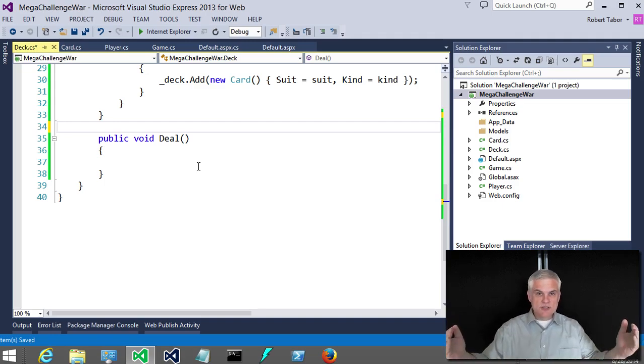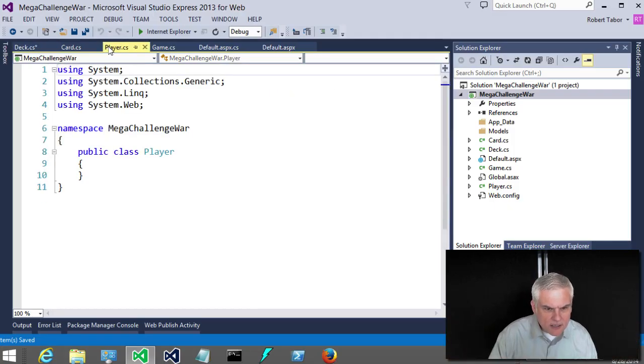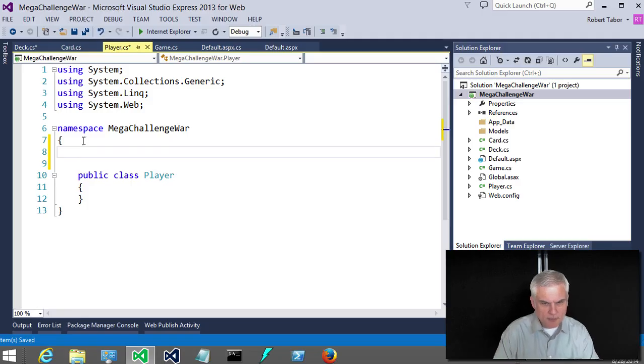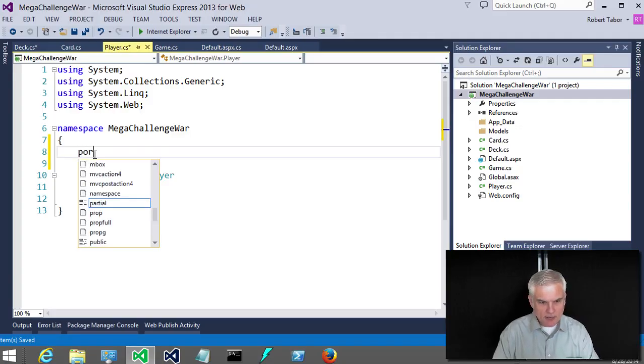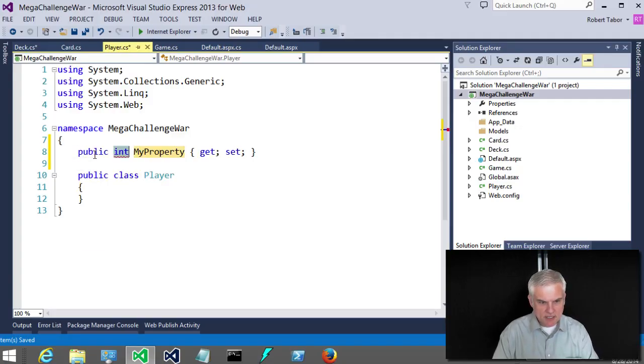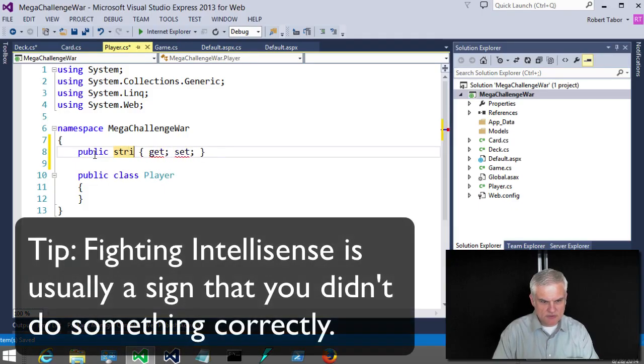The players, their what is it? The card property. We haven't even created a property. I think we're just going to call this cards. Yeah. So prop tab. Let's go string